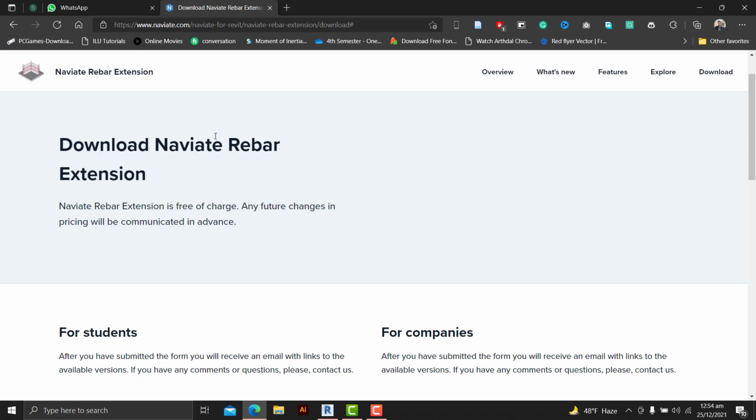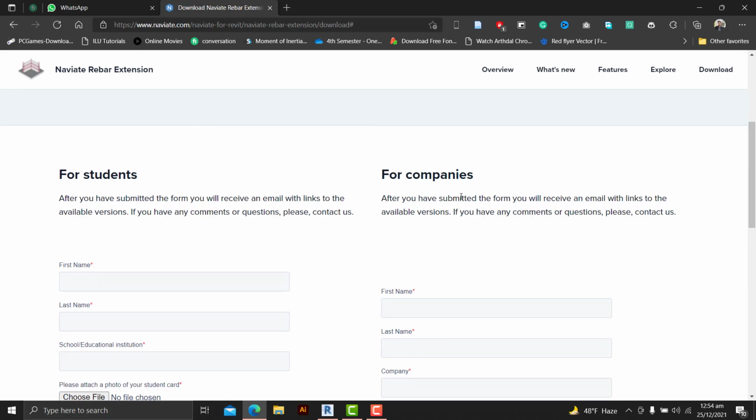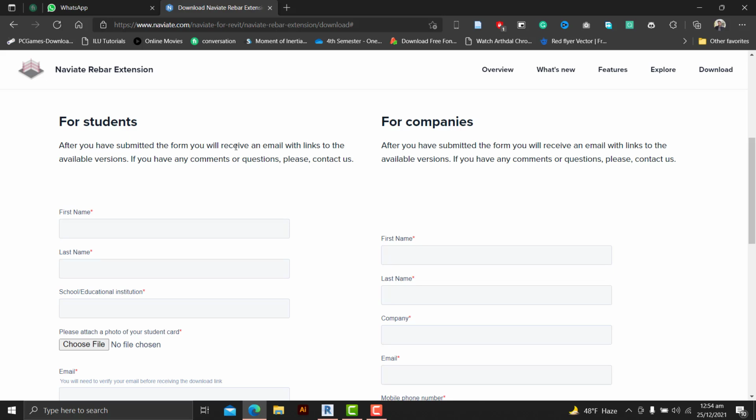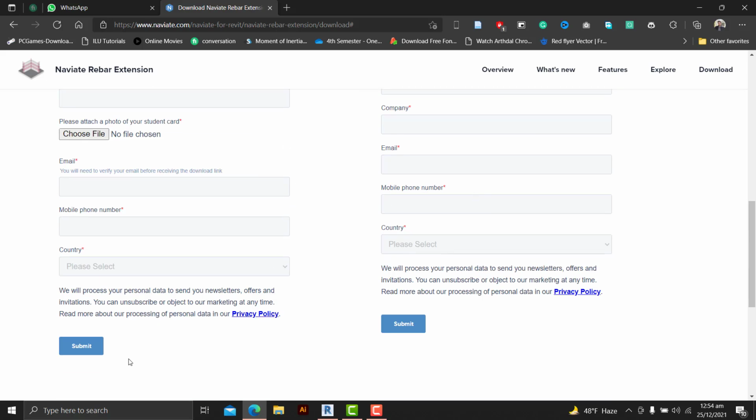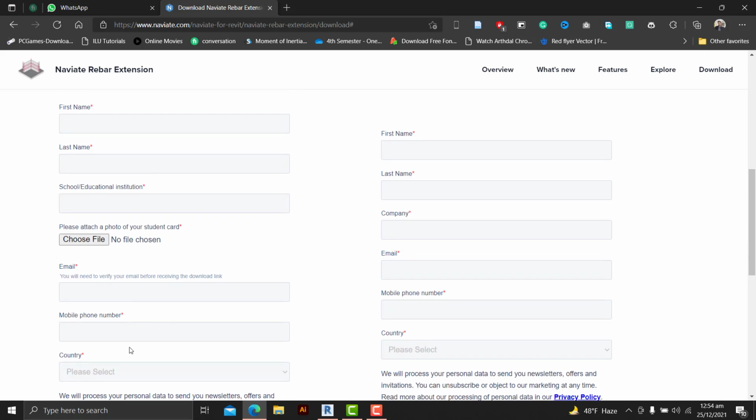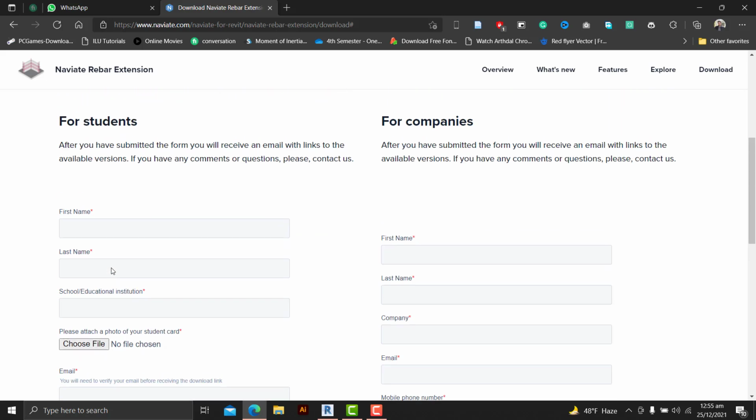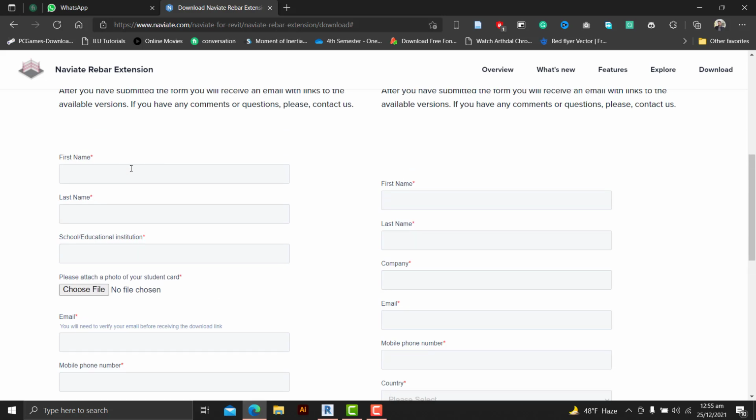If you are a student or you are running a company, you can fill out one of these forms and then submit it. You will get an email notification, then you can confirm your email, and you will have a download link in your email, so you can download and install it.